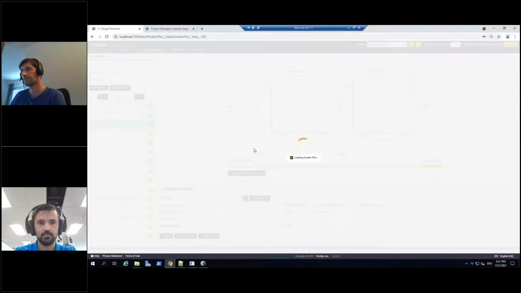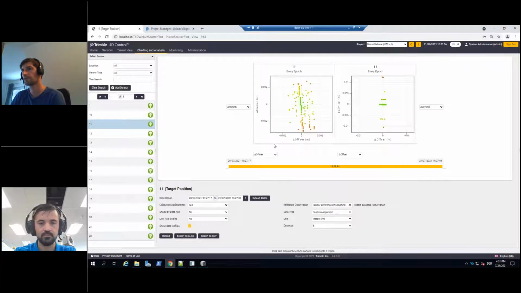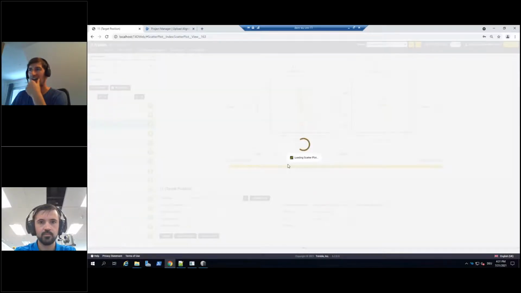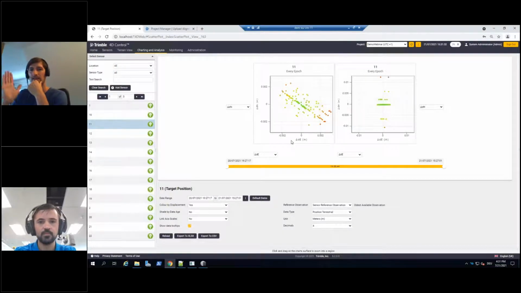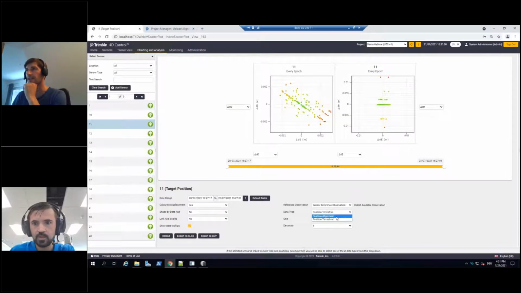I need to reload. So here you see there's a lot of data, delta station versus delta offset. And the nice thing is, if I now switch between position alignment and position terrestrial, see what happens. You can basically see how we calculated the values, how we rotated the coordinate system, if you will. Like we rotated the coordinate system into the monitoring object based on the alignment information. And that's something you can nicely see here. So if I switch back again, this is